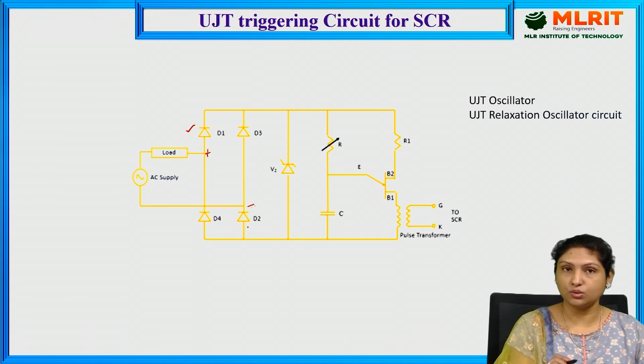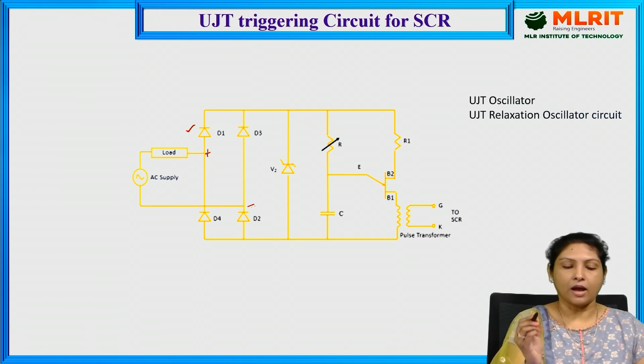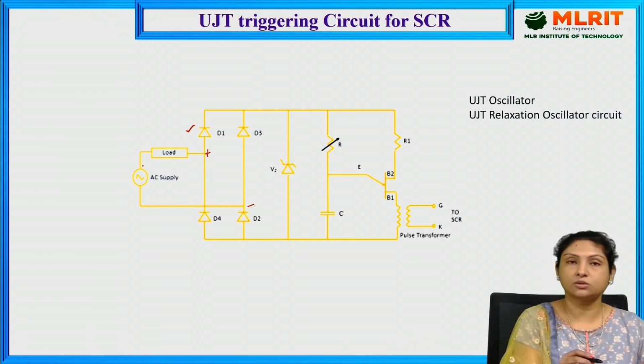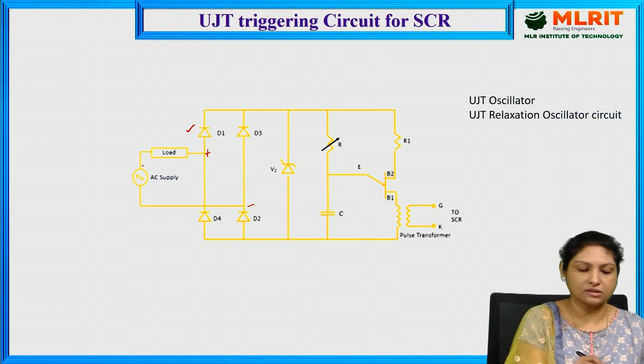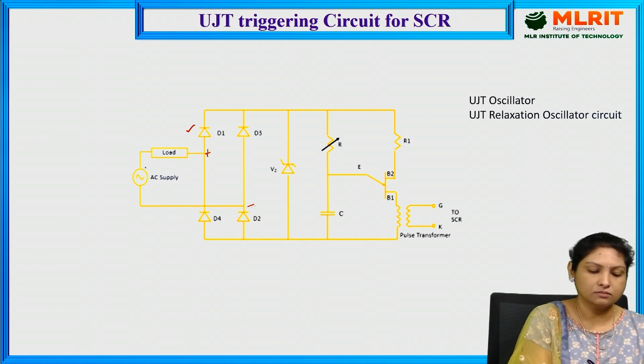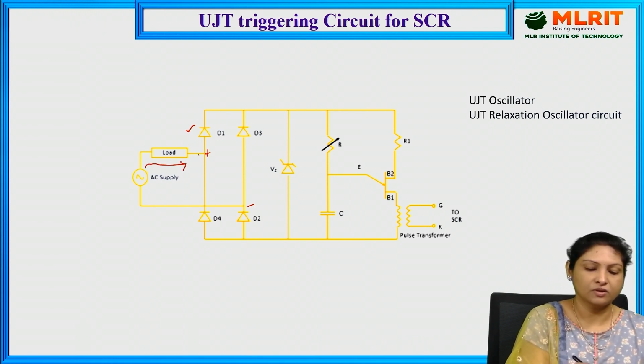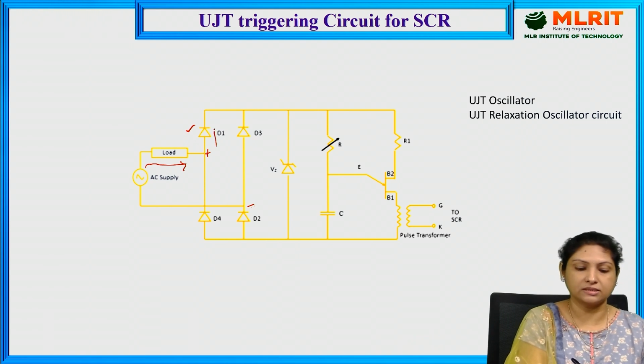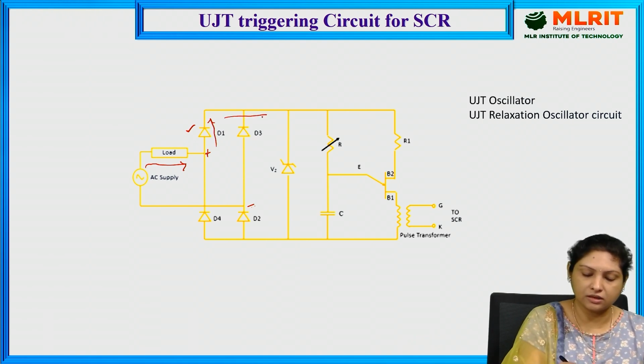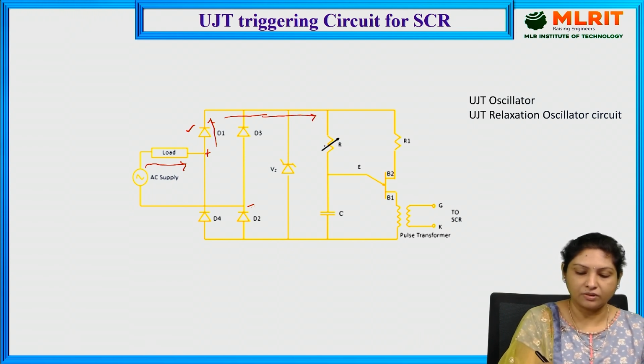That means D2 is also forward biased. And now the current conducts through this particular circuit in this direction, that is from supply to load. Since D1 is on, it starts conducting current, and the current flows in this direction from the resistor